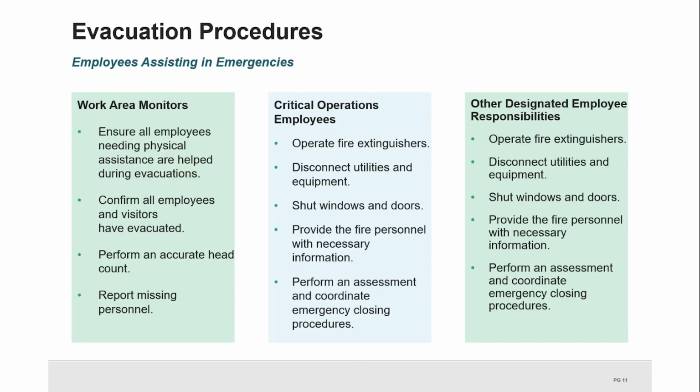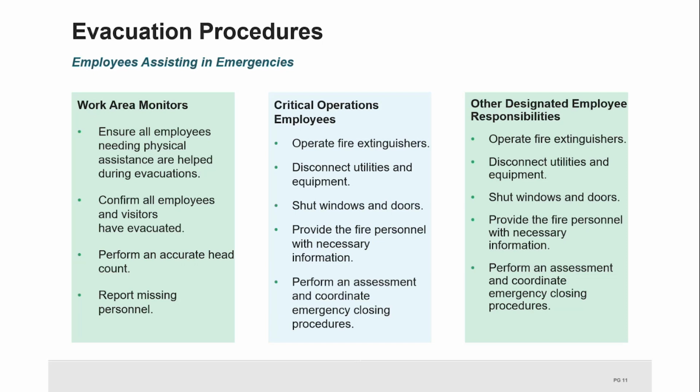Work area monitors identified in the emergency action plan must assure that all physically challenged employees are assisted in emergency evacuation. In addition, they must sweep their assigned areas to confirm that all employees and visitors have evacuated the area. Once they've reached a designated assembly area, they must perform an accurate head count and report any missing personnel to